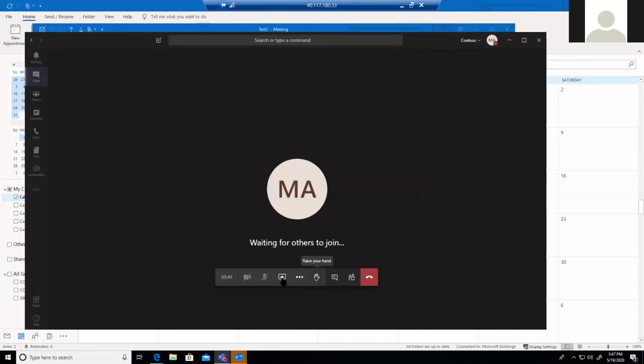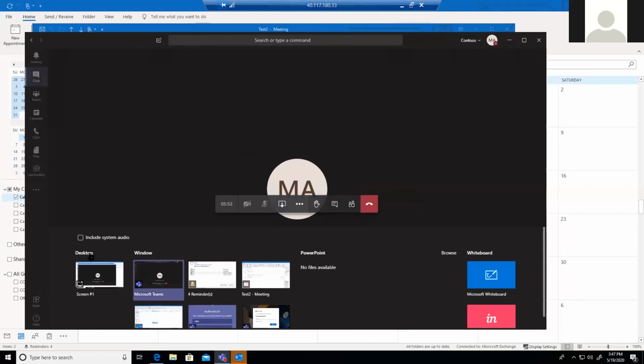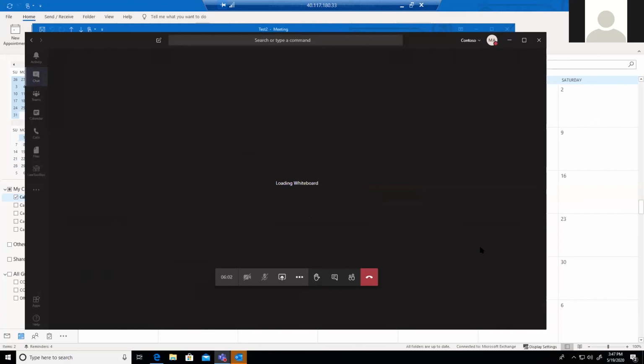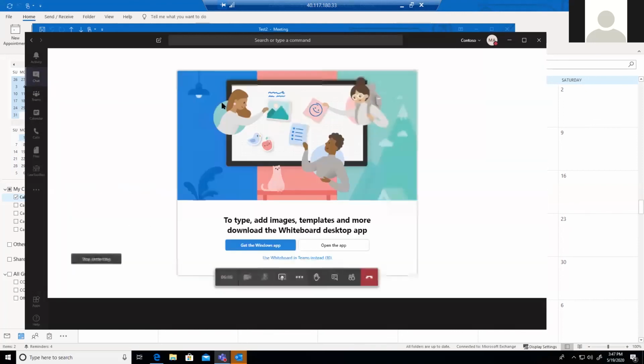But these are the options you can do while you're in the meeting, and there are some other options, which is Teams meeting specific. While you're in the meeting, you can share your windows. You can share a PowerPoint file if you have, or you can share a desktop itself. Now, other things, you can share a whiteboard right there. And this whiteboard is a Microsoft whiteboard. And those who are looking at it, you have to just download this. I haven't downloaded this one.